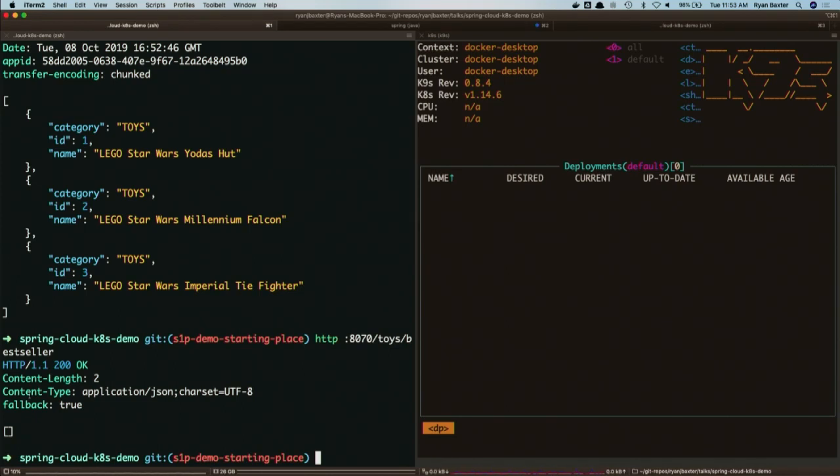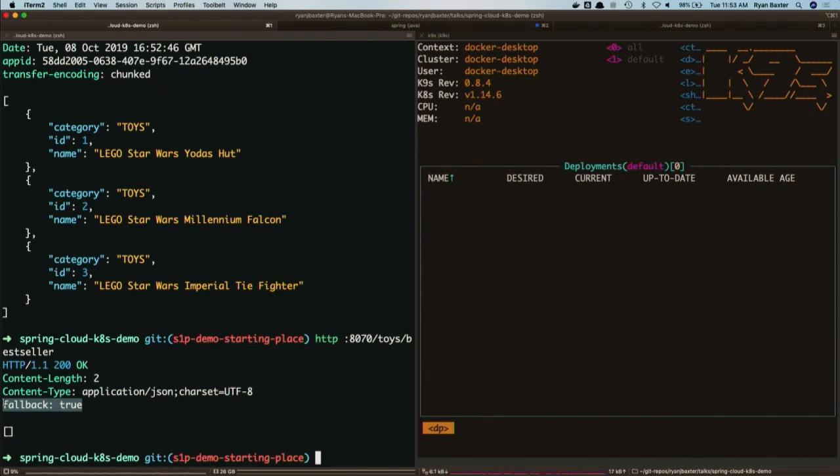So you can see here, it took too long to respond. We hit the circuit breaker, it got tripped, and we returned an empty array. You could be more creative and return some cache data here if you wanted to. I'm not that creative. But you do see here that we got the fallback response from the gateway, just indicating that we got a fallback, all right?